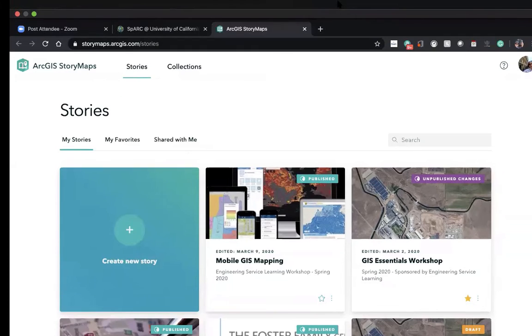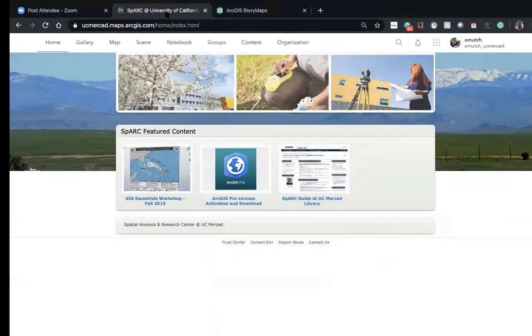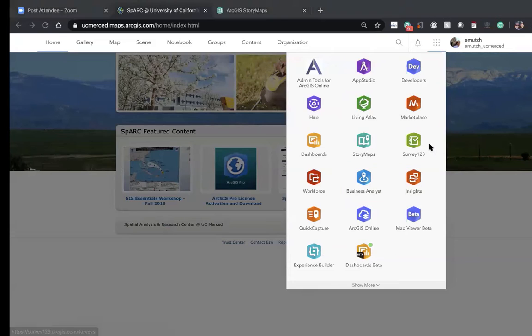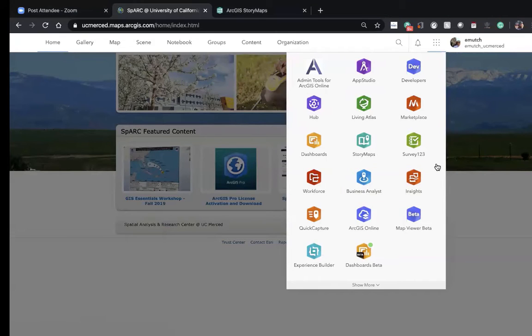Okay. If I go back, so again, going back to the application browser is what they're calling this. So we have something called, so ArcGIS Online is the original stuff. And